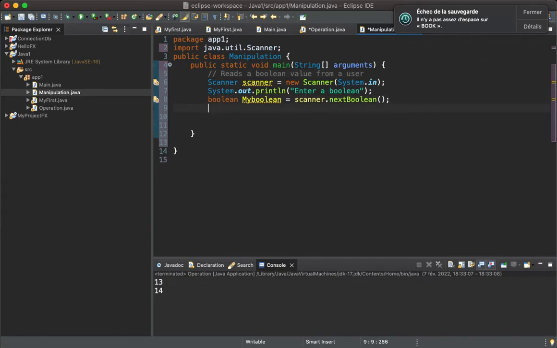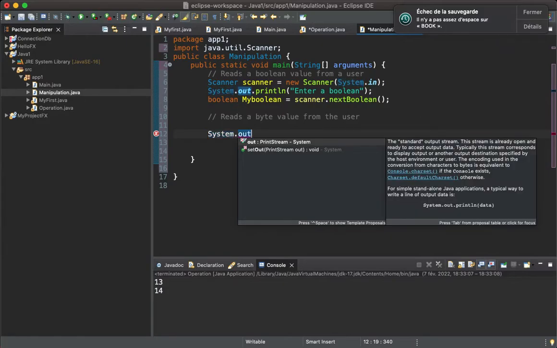After I'll show you how to read a byte value from the user. Sorry. So to do that I write System.out.println